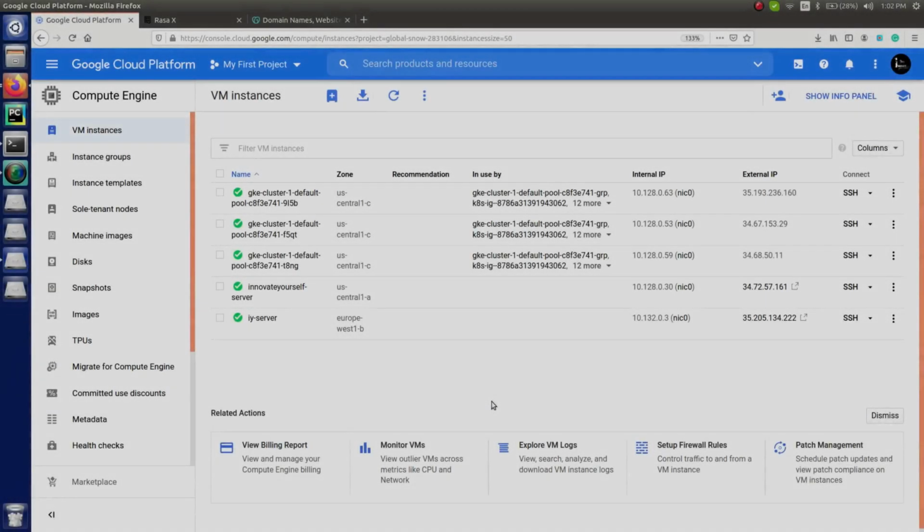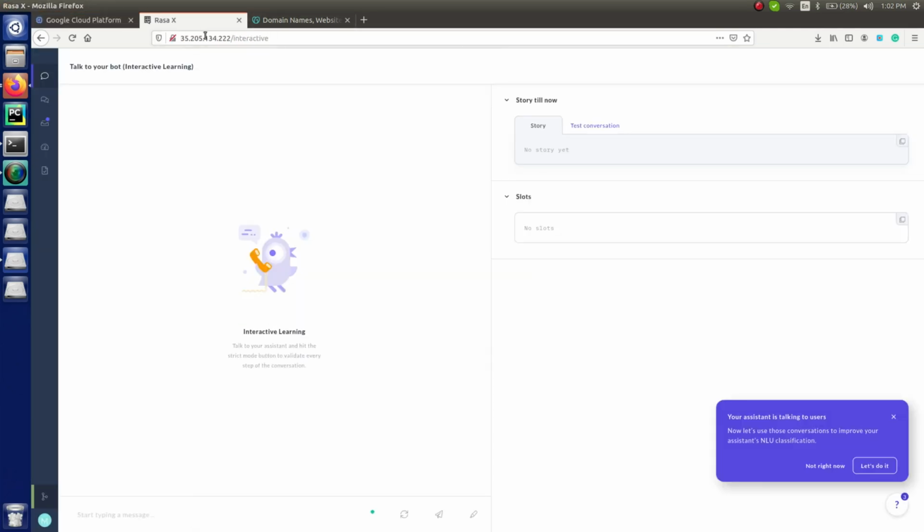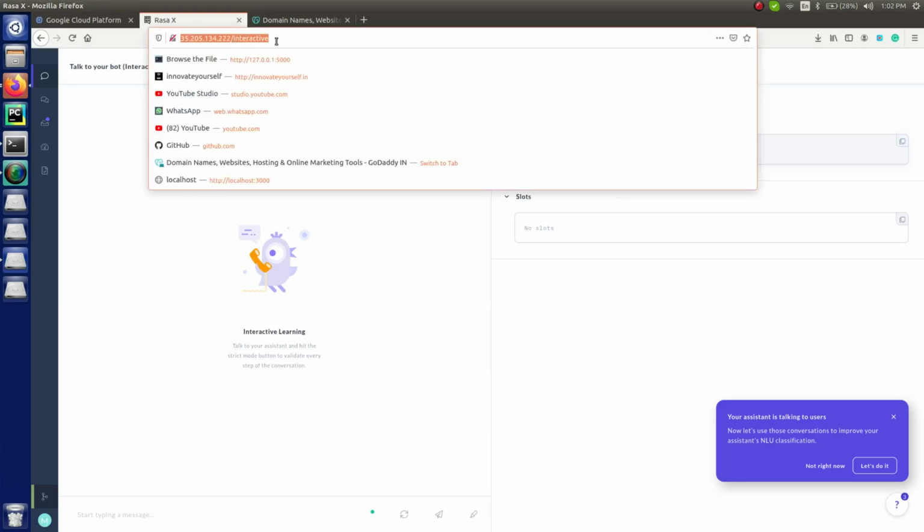All right, so here you can see, like in the previous session, we have already seen how you can deploy the Rasa X onto the server, which we have done on the Google Cloud platform, right? So there we have created one instance which was accessible with respect to this IP address, right? So this is the one I have opened already. In here you can see I am opening it right now with respect to this IP address.